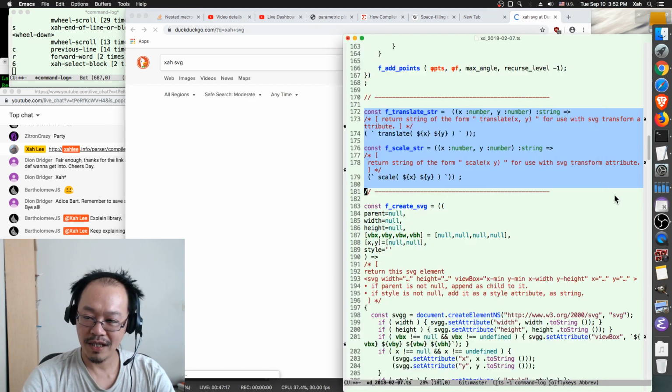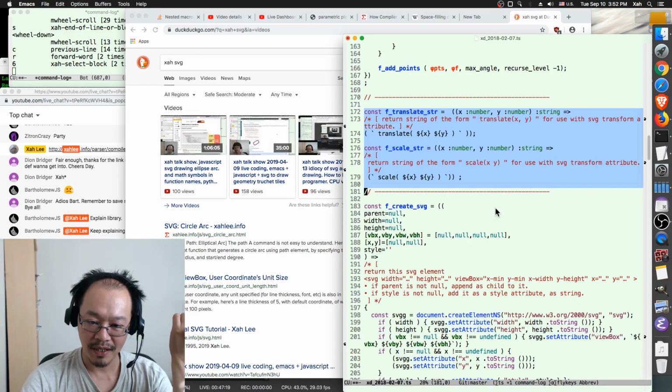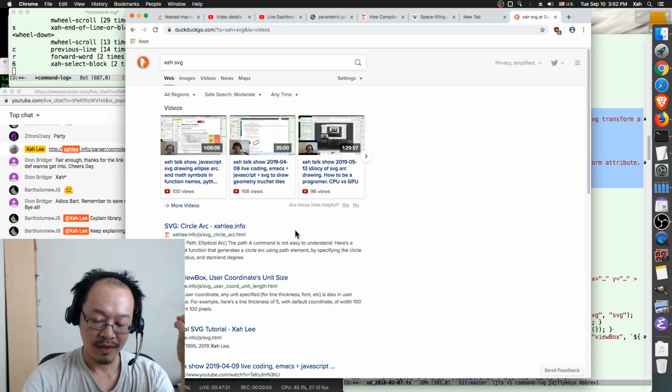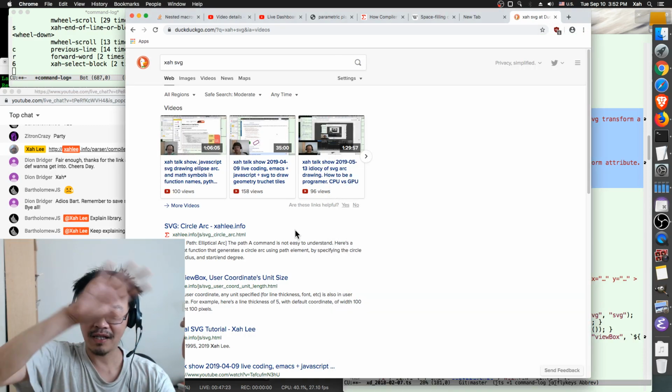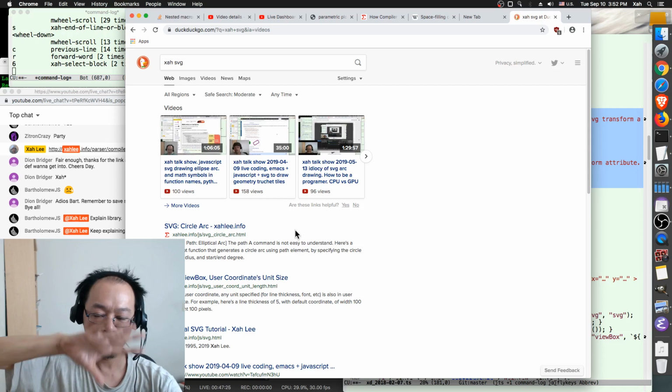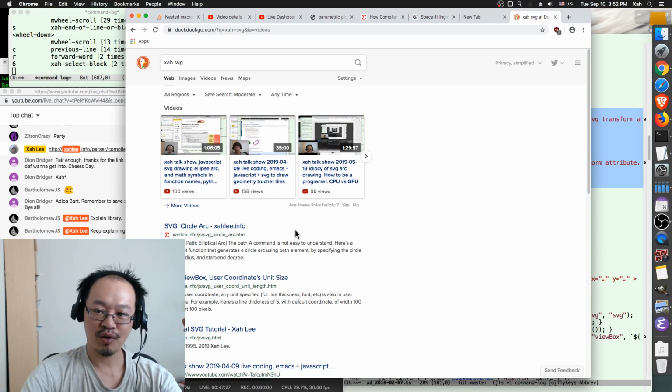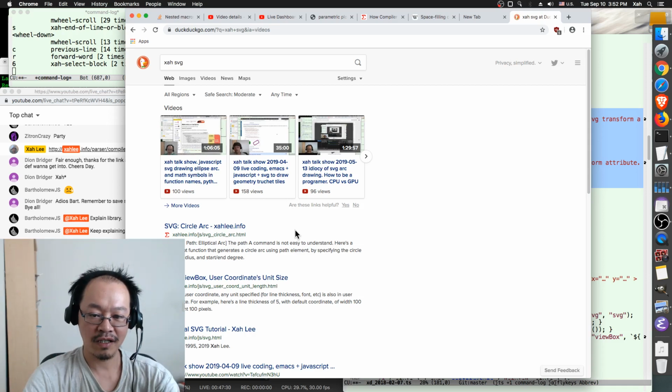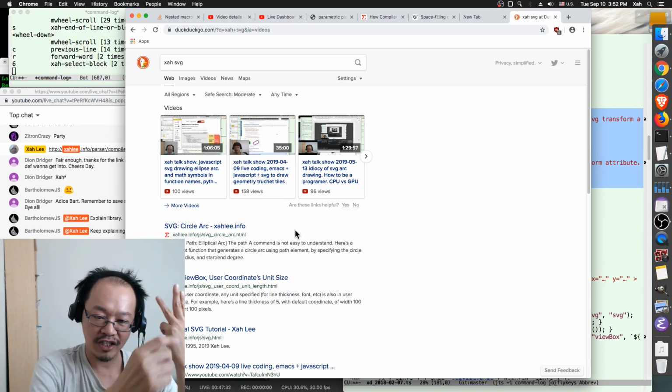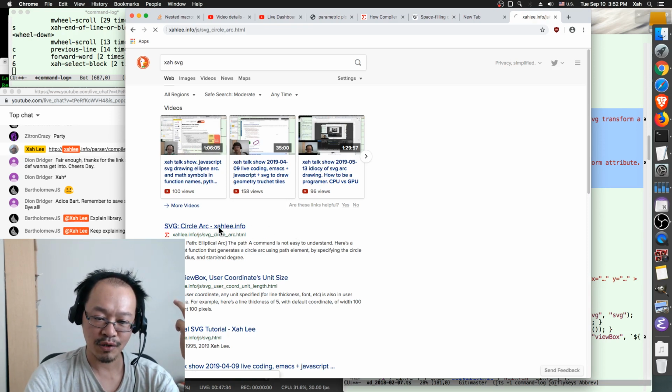Now remember, to do this, you need to know JavaScript. You need to know DOM, because DOM ties everything together. DOM is basically the browser controlling how you generate these things. Then you need to know SVG. SVG is the actual